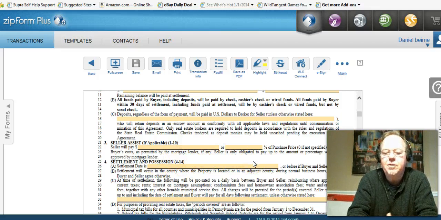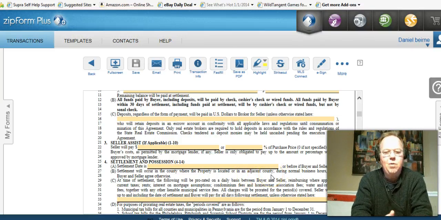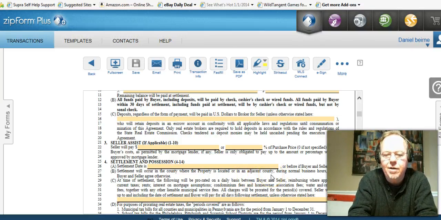Settlement will be such and such a date, or on or before. So if you put this on a holiday, it's going to be the day before the holiday. You put that on a weekend, it's going to be the day before the weekend. It's going to be in the county where the property is located or an adjacent county. You can't require a seller to drive halfway across the country to attend settlement, and then during normal business hours, obviously. After that, it says at the time of settlement, the following will be prorated on a daily basis,